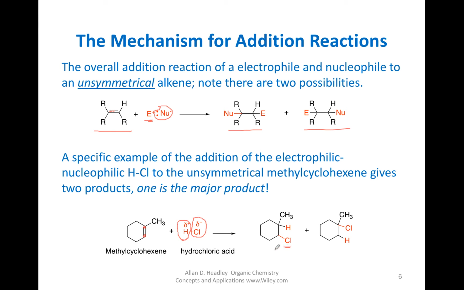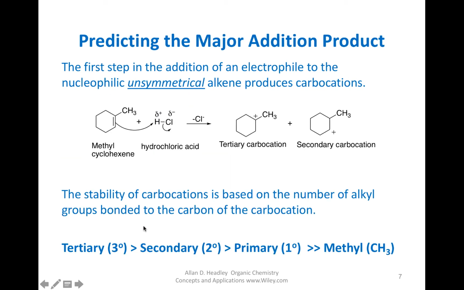It's also possible for the H to add to this carbon, as we have seen here, and the Cl to add to this carbon to give this product. So you can see there are two possible products if the alkene is not symmetrical. Again, by non-symmetrical we mean that the groups that are bonded to the carbons of the double bond are not the same. Okay, let us